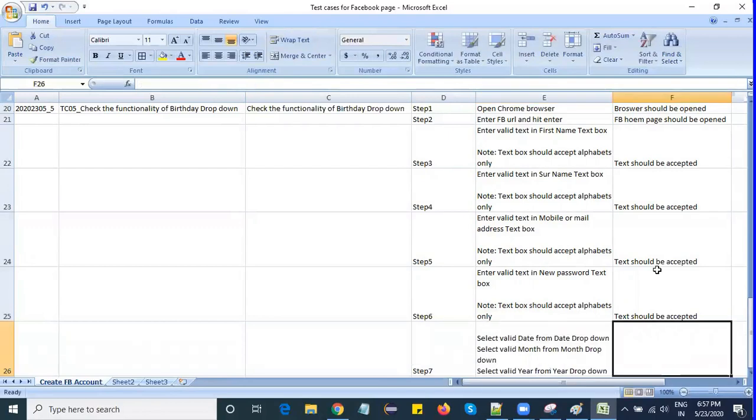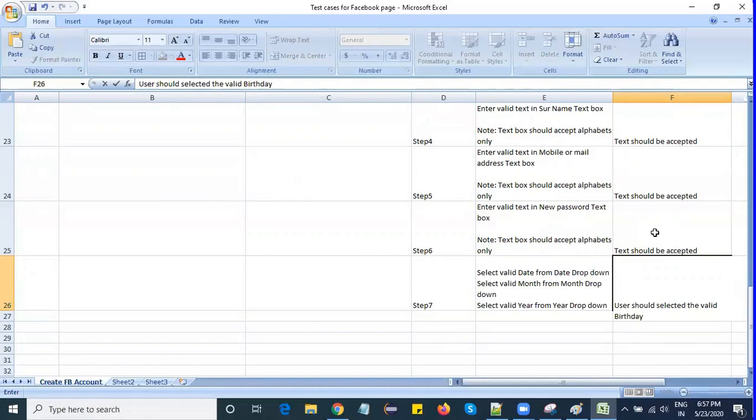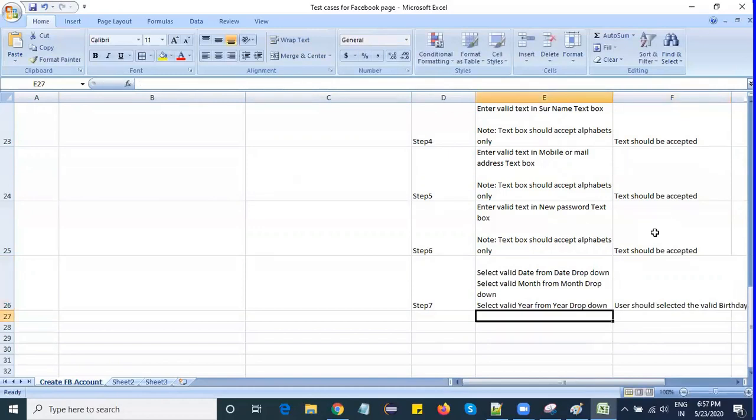What is the expected result? What can I write as the expected result? I write expected result, right? User should select the valid birthday conditions.